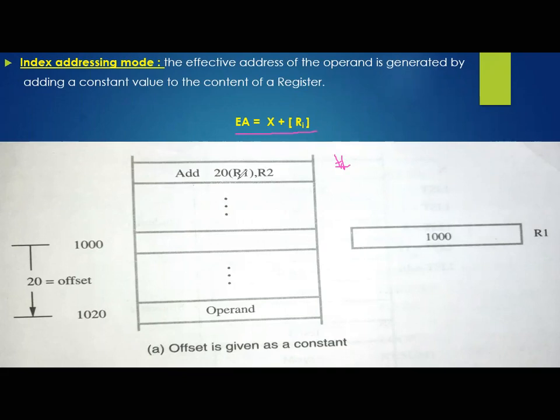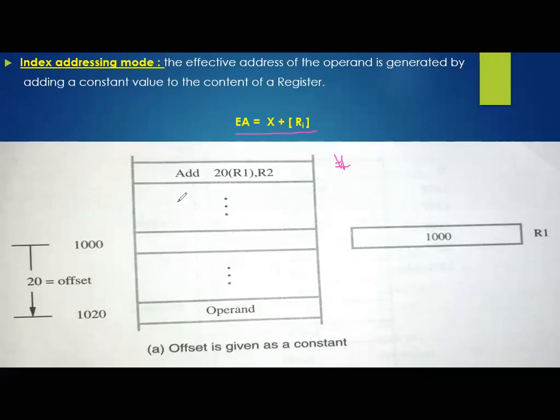See here, we have R1 within a bracket. It indicates indirect addressing mode. Where we have R1, here we have R1. What is the value of R1? 1000, exactly. 1000 is not an operand. 1000 is an address we need to consider because it is within a bracket, right? Where do we have 1000? Here we have 1000. According to indirect addressing mode, the content of this 1000 will be the operand.